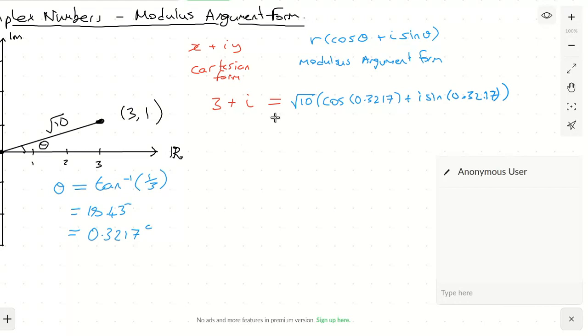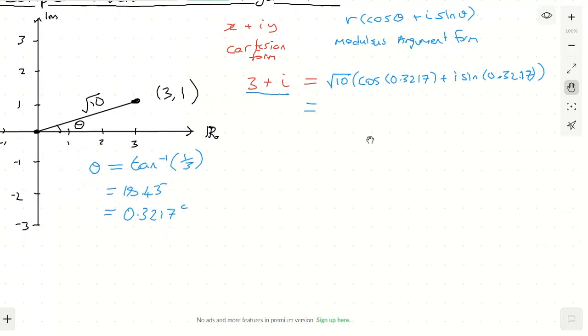Now, if you actually work that out on your calculator, type that in without the i, work out cos of 0.3217 times root 10, work out sine of 0.3217 times root 10, you will end up with this over here. You'll end up with 3 plus i. So they are absolutely equivalent. And that's because